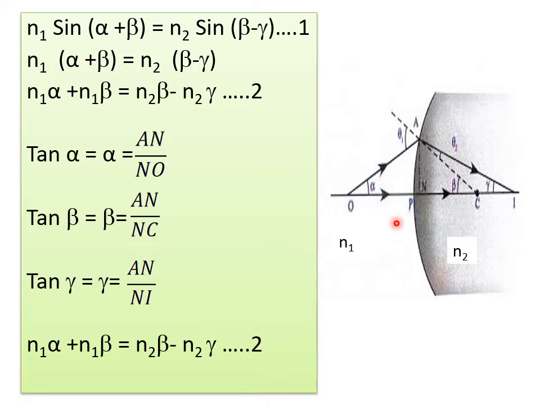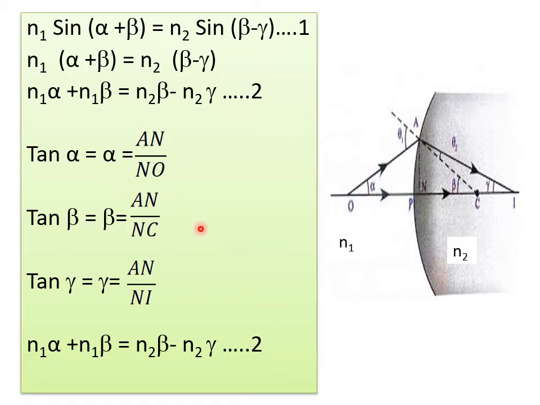Now coming to this triangle, just consider A and O. You take the object side and you take the triangle A and O. For that, this is your alpha. What is tan? I hope you have remembered, it is opposite by adjacent. For this alpha, opposite is AN and adjacent is NO. So I have written tan alpha is equal to AN by NO. Why have I approximated alpha here? Because I told you if alpha is very small, tan alpha is approximated to alpha. So that's the reason alpha is equal to AN by NO.